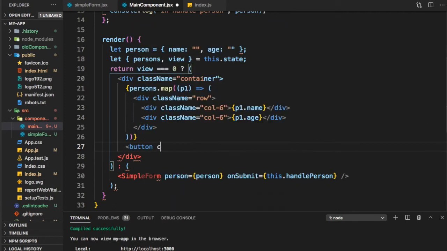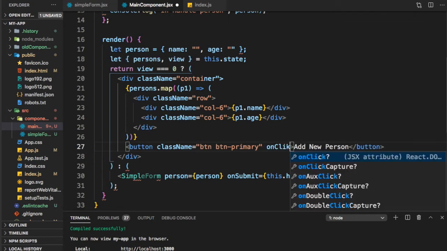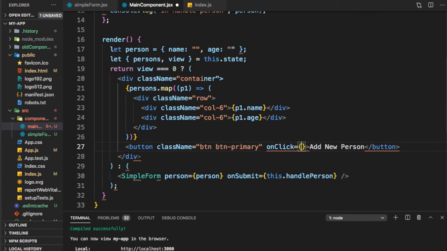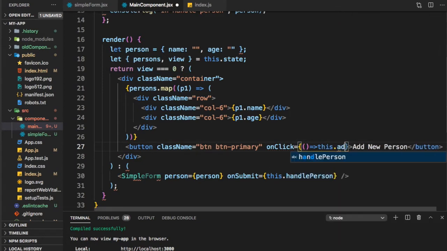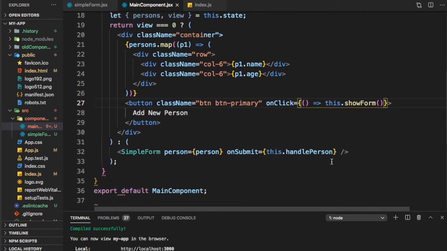So button className is equal to btn btn-primary, add new person, and we'll need to define an onClick. onClick is equal to this.showForm. Let's call it showForm. So if this button is clicked, we want to show the form. So this should work fine.